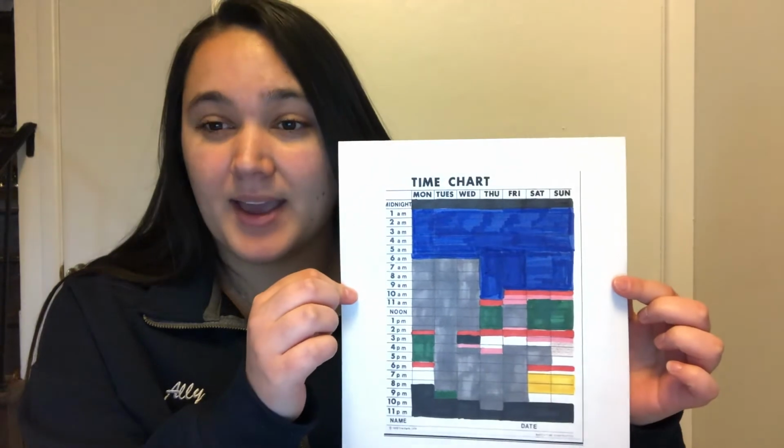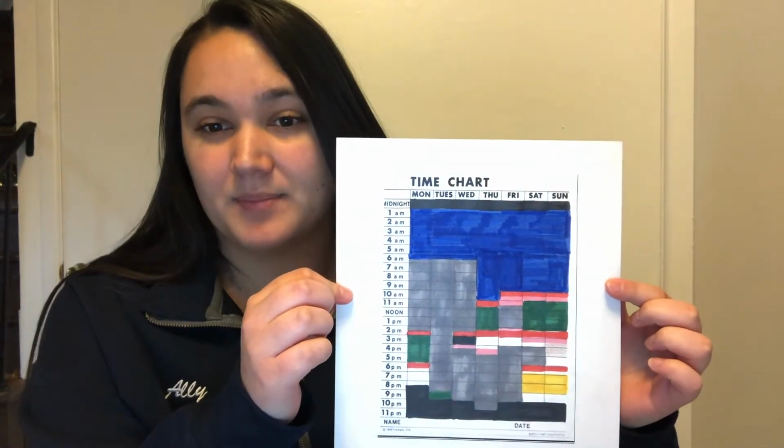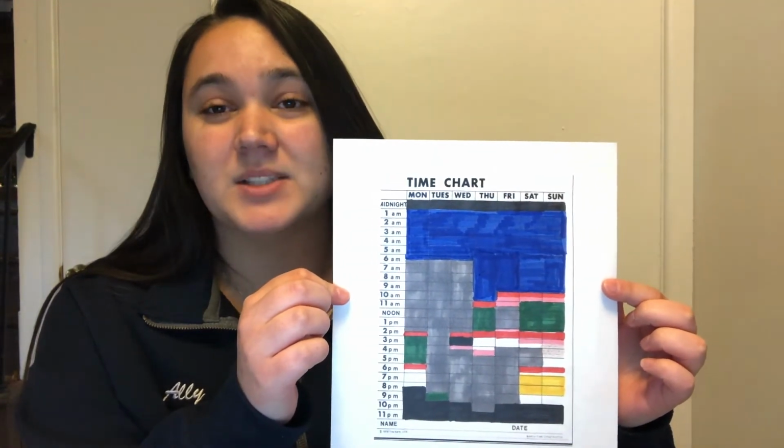The color gray represents when you are working, and when looking at this chart, specifically for Monday, this individual recorded that they are typically working from 7 a.m. to 2:30 p.m. Since the color for work is gray, according to the color code, they filled in their work shift length with that color on this specific day. This is the process that they went through for each of the different items on the color code sheet.